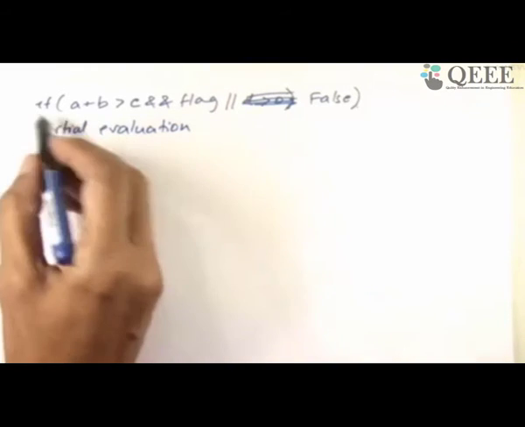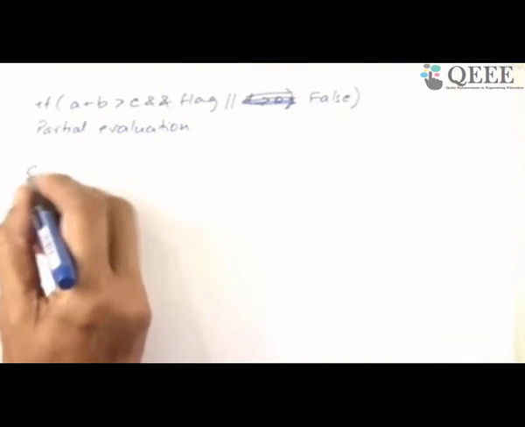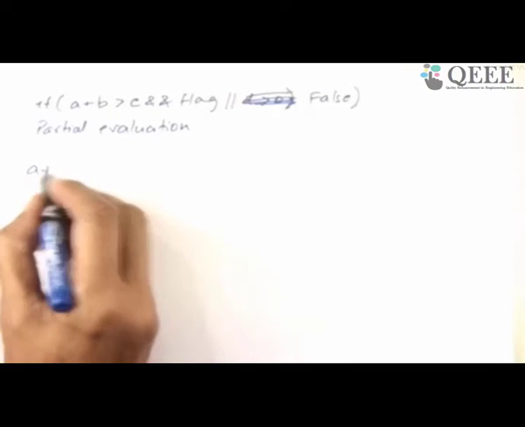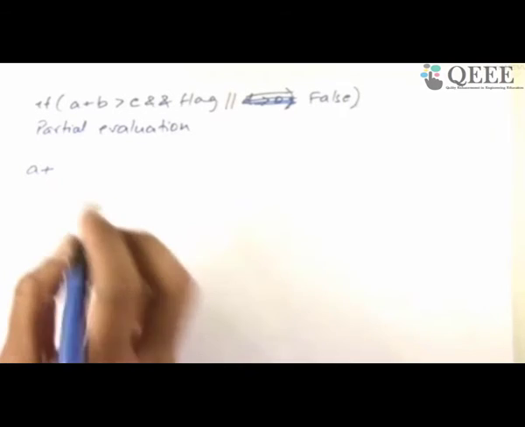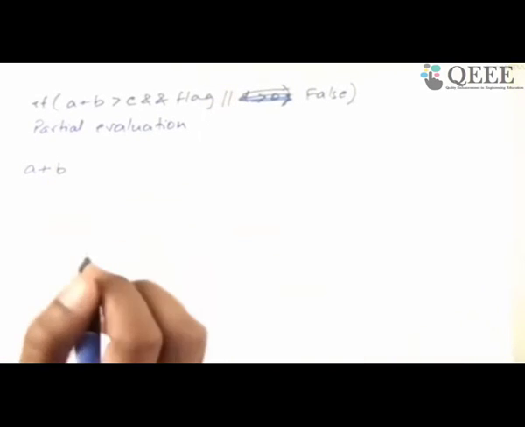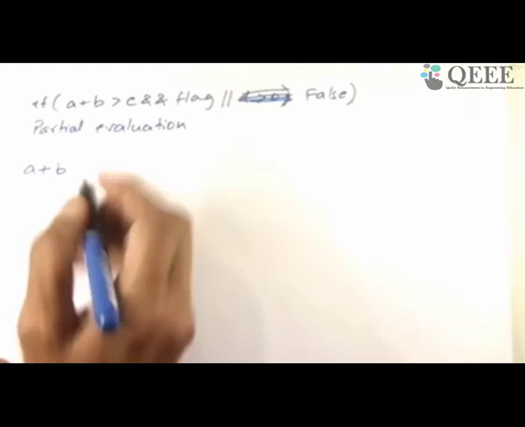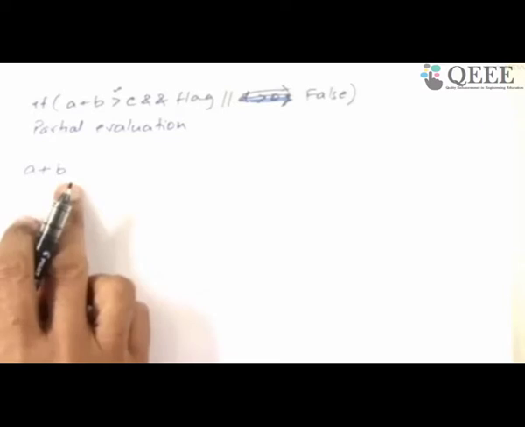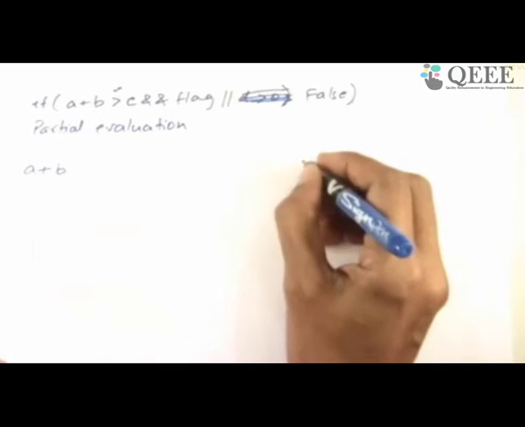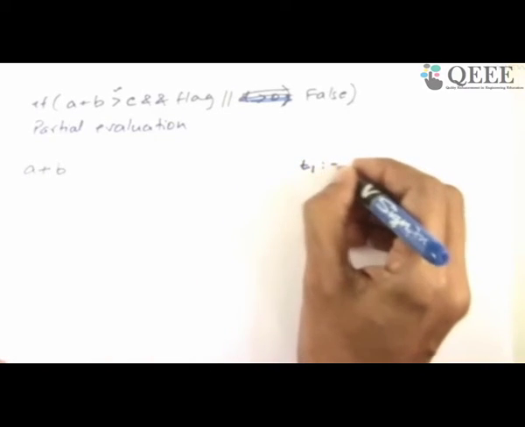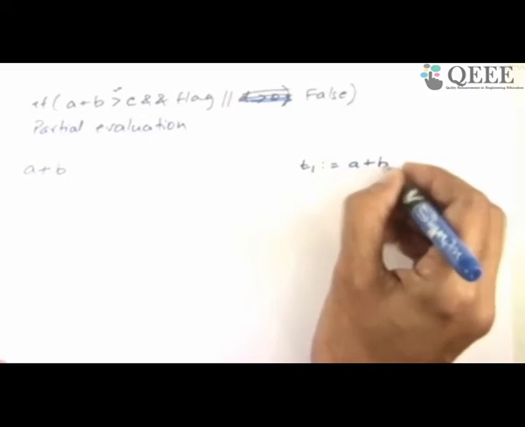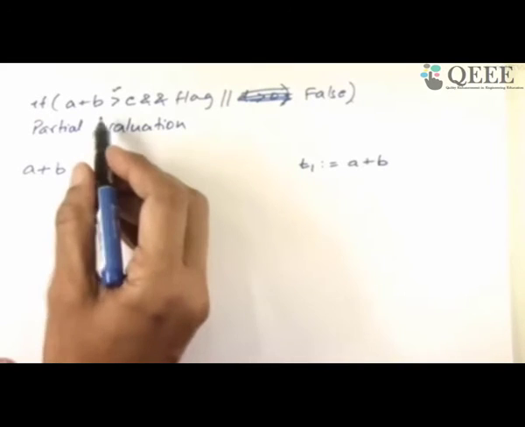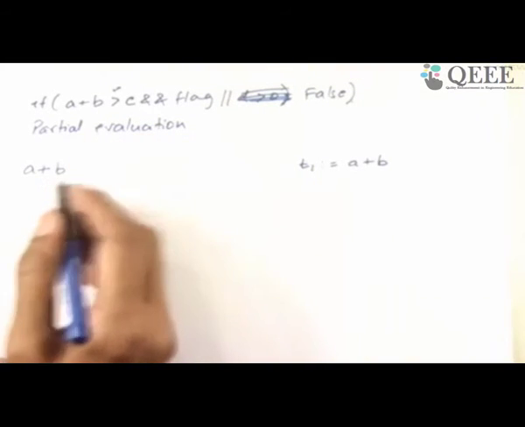So I'm ignoring this if and bracket. I'll start with A. The parser looks at A, says, okay, show me more. It sees plus, it knows it's an arithmetic expression. Looks at B, still part of the arithmetic expression. Then it sees that the lookahead is greater than, and it says, okay, now I should generate code. So what will it do? It will do something like T1 is assigned A plus B. It generates this code. And after generating this, it will essentially become an expression, so it may become an E.